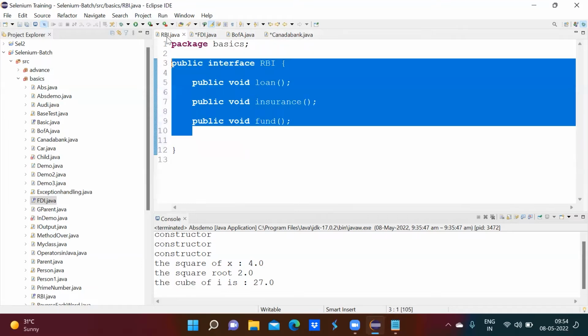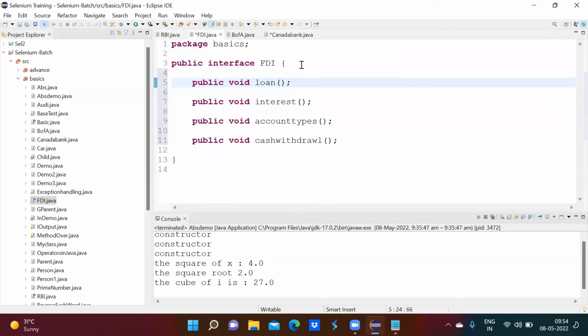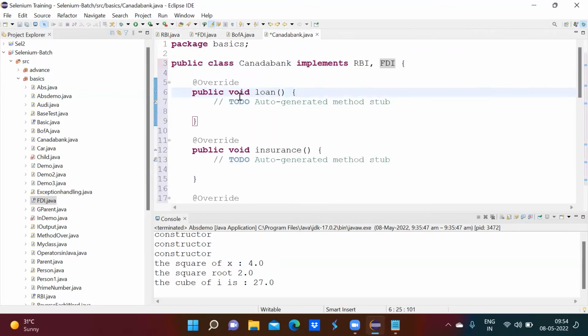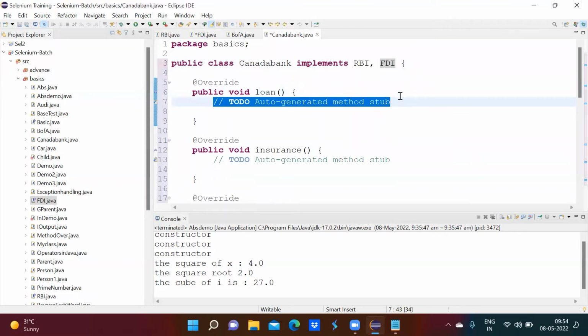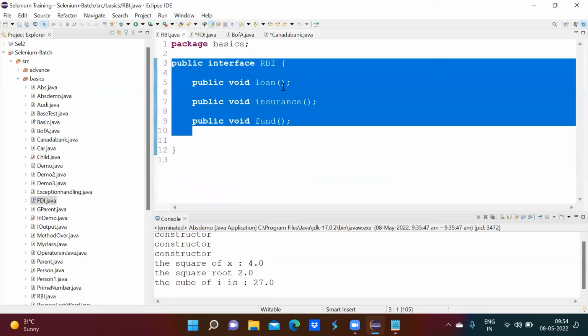Which is there in RBI also and which is there in FDI also. Now Canada Bank will have one copy of this and they can implement their own way, because these are the unimplemented methods here. And in case of inheritance,